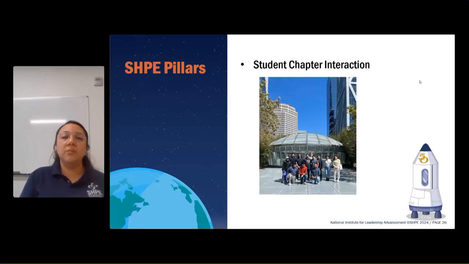Student chapter interaction is also very important. It's how we keep our pipeline from student chapters to professional chapters. One of the ways that we implement this pillar throughout the year is we host a mentorship program. So we typically partner with a local student chapter so that we have a one-to-one ratio between one student mentee to one professional mentor. And we have workshops set up to help prepare the students for